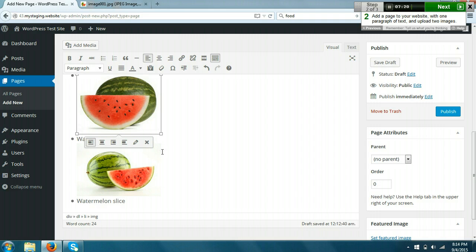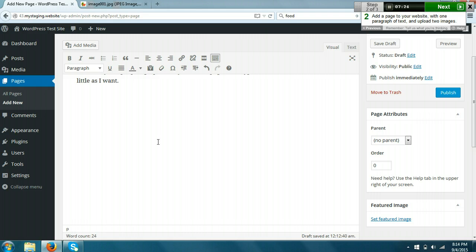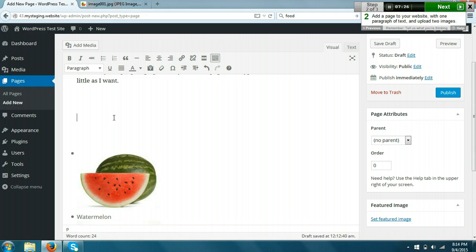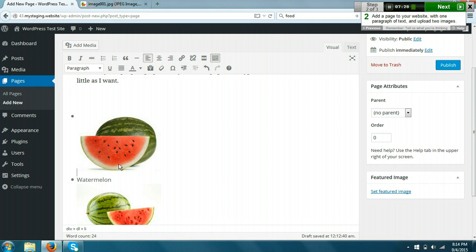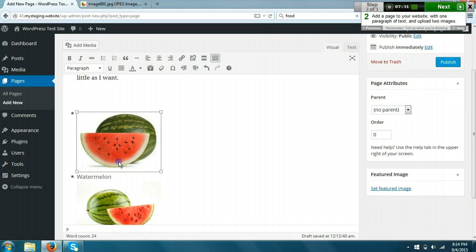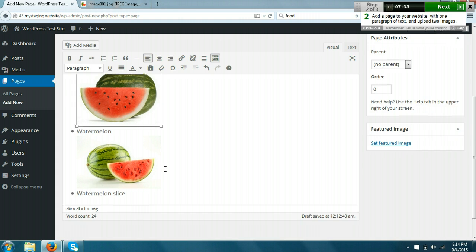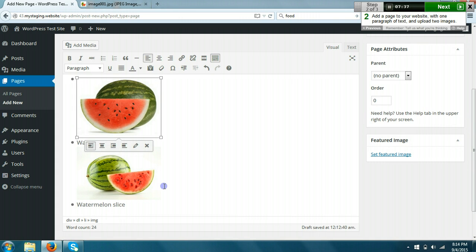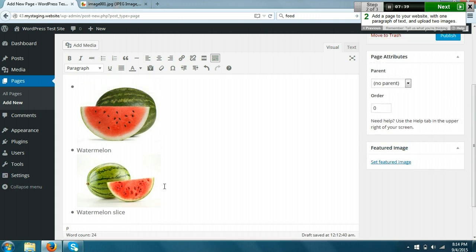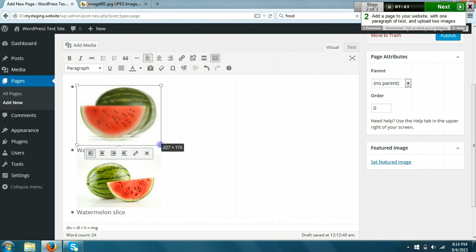Did I just merge these two images somehow? What just happened here? Yeah, I'm not sure how I did that. That was not intentional. I know I can't separate these two, but I could probably just